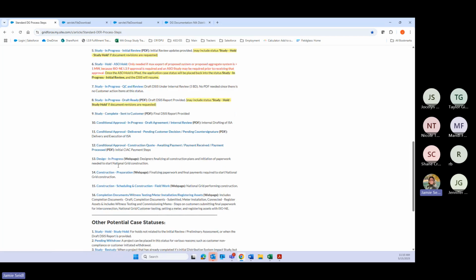And then as we move towards conditional approval, ISA delivery, and then here is where the project would be transferred over to the post ISA representative. And then see how it says PDF, then we go into web pages because there's a lot of information here on design, a lot of information here on construction prep, scheduling, field work, and then also completion documents, witness testing, really good stuff that we've had available, but this was just a lot easier to understand